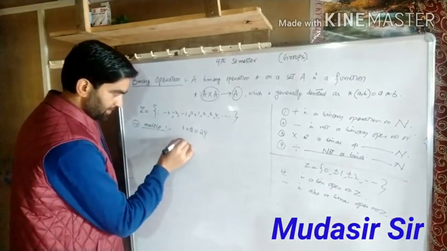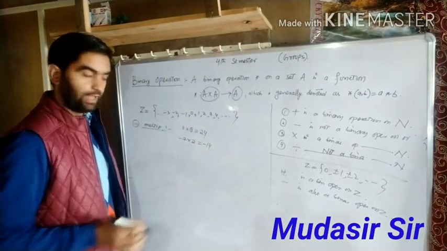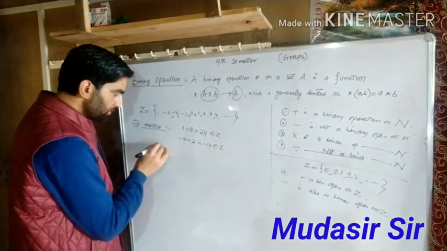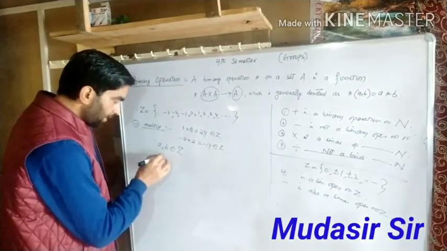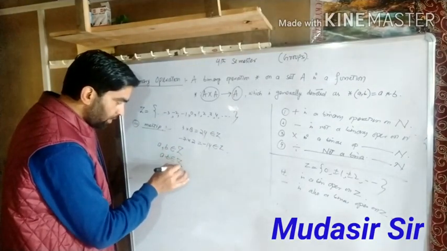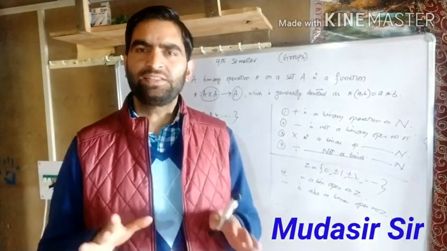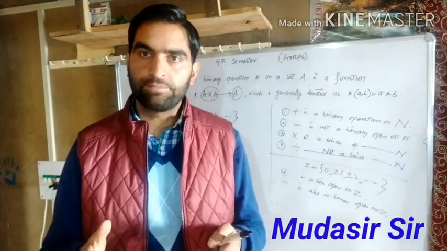We select -7, we select 2 and that -14, and that is also an integer. Here it belongs to Z, here it belongs to Z. So in general it is true, if A and B are any two integers, then their product AB is always an integer. You can verify it yourself too. So I think it is now clear that if you have two integers, you can multiply them and always the